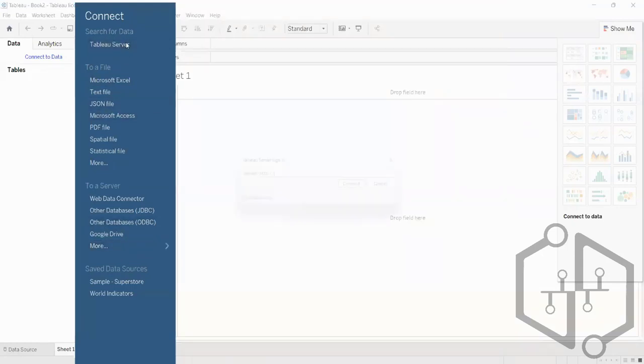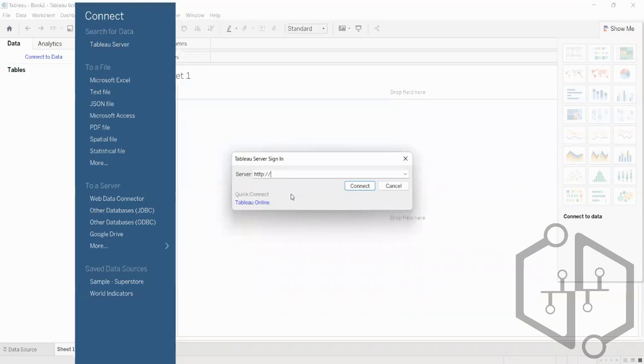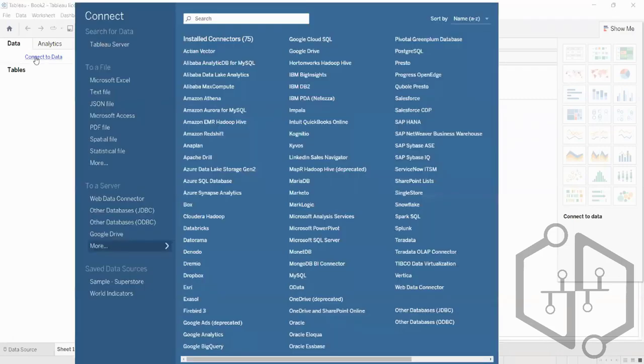So first is Tableau Server that we have seen. Tableau Server is basically to connect yourself to a server in which the data resides, or where you want to go and publish your dashboards too. So anything can be done. While we will read next about the live connection and extract connection, while we talk about that, we will now see